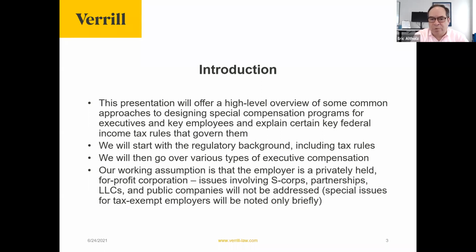All of the programs, or most of the programs that we're talking about, can apply to other corporate forms as well, S corporations, partnerships, LLCs, but those corporate forms introduce additional complexity and also additional opportunities that take us beyond the scope of this conversation.